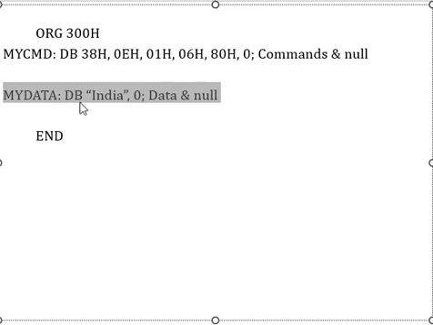My data DB, that is data byte, and in double inverted commas whatever message you want to display should be mentioned over here. So I am interested to display India, so that's why I have put India here, and after that put a comma and last, 0, so that it indicates the end of reading the